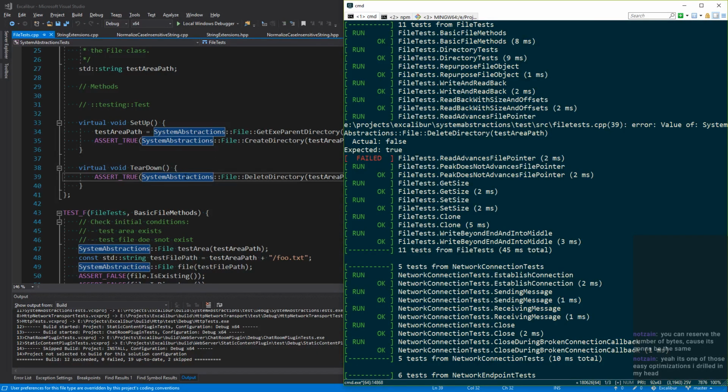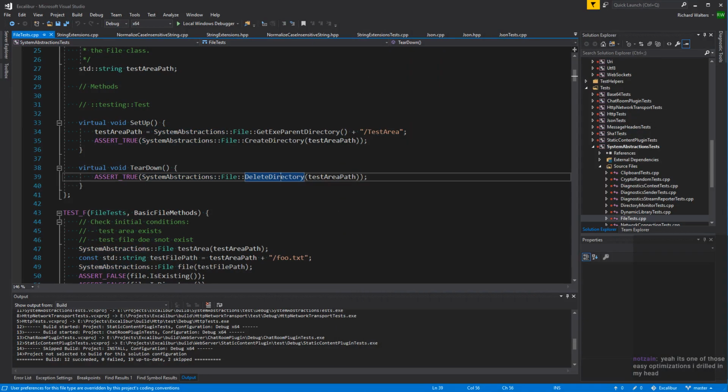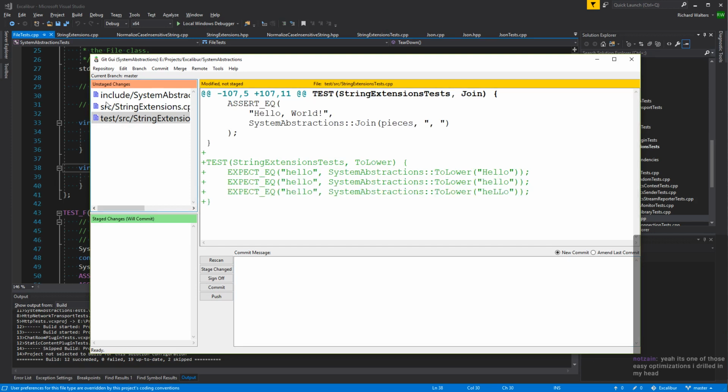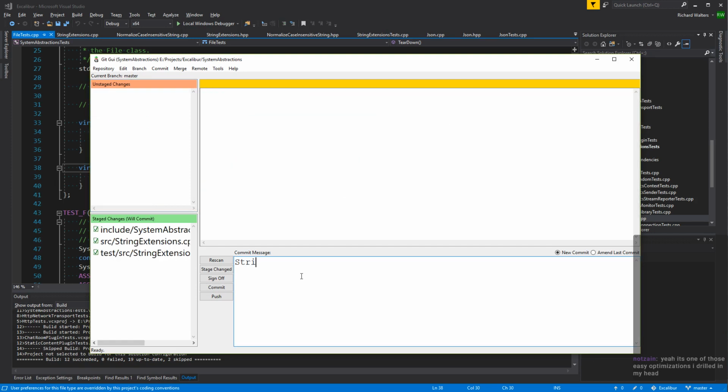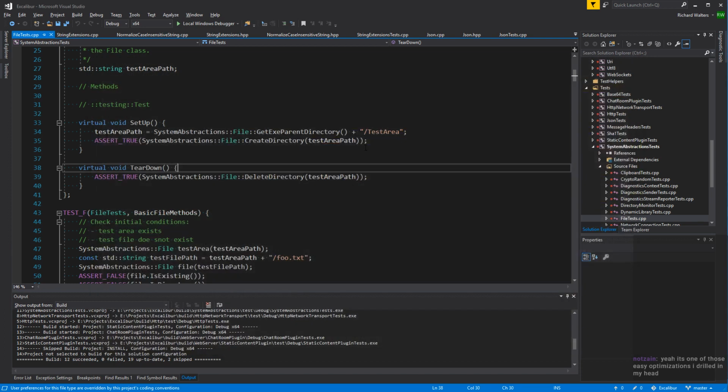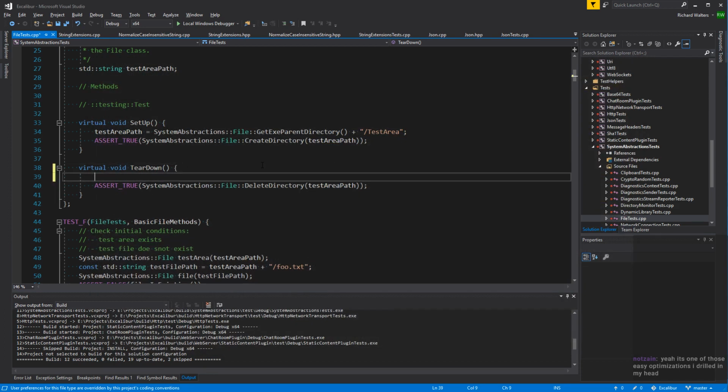I wonder if that's because my Windows Explorer is seeing that the file has been created and it goes and like opens a file there. So maybe what we want to do is like attempt it in a loop up to 10 times maybe. Hold on, let me check this other stuff in though first. So string extensions add to lower function. Okay. Yeah, maybe to make this more robust, because we don't really want it to fail spuriously because of the OS peeking in while we're doing things.